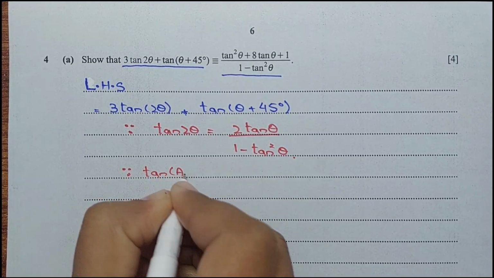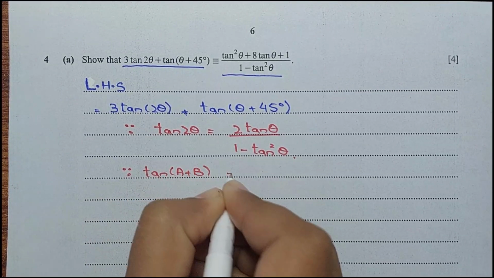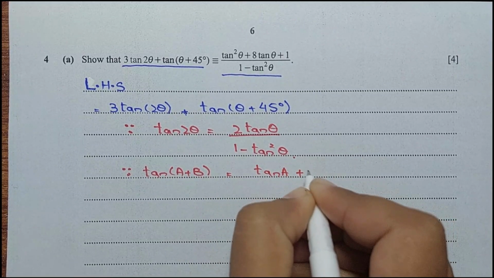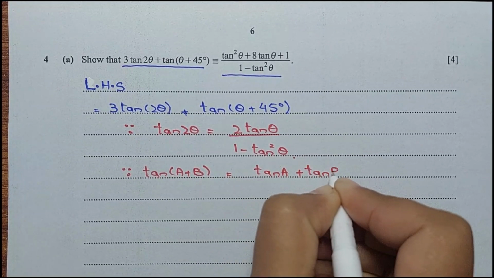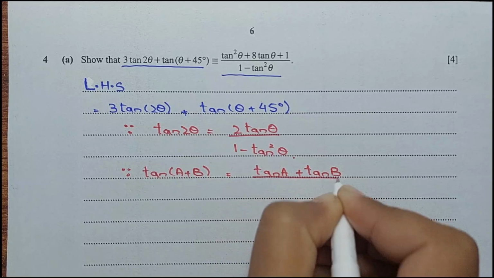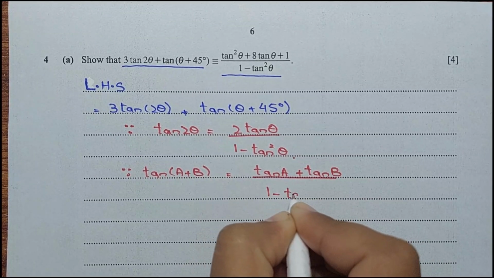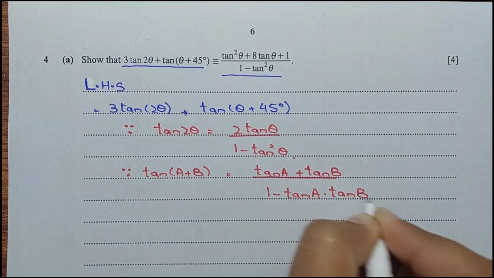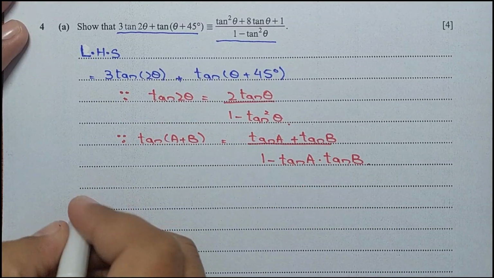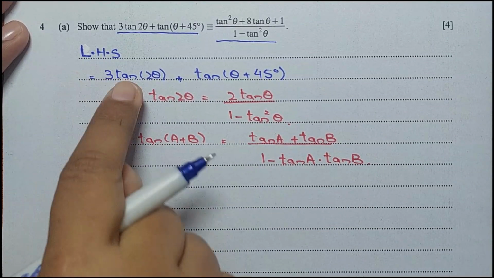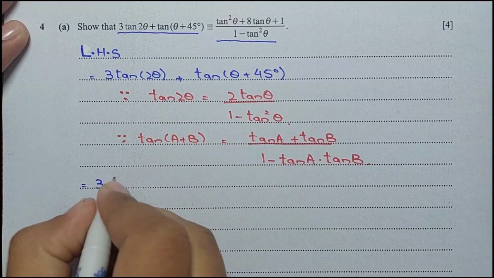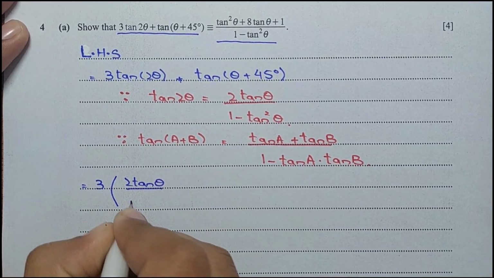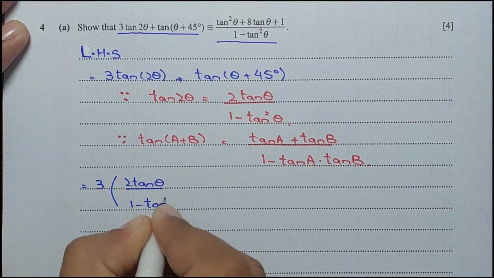Tangent of A plus B is equal to tangent A plus tangent B divided by 1 minus tangent A times tangent B. For these two formulas, we have 3 tan 2 theta is this, which is 2 tan theta over 1 minus tan squared theta,